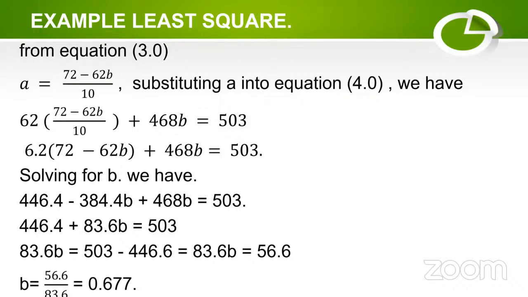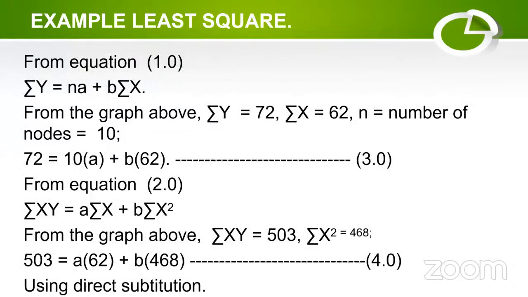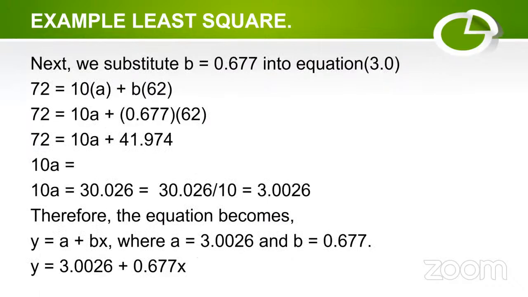Here we now take the value of our b, which is equal to 0.677, and substitute it into equation 3.0, stated there as 72 equals 10a plus 62b. So substituting our b, which is equal to 0.677, into equation 3.0, we now have 72 equals 10a plus 0.677 times 62, which gives 10a equals 30.026, and we divide by 10 on both sides. We now have our a to be equal to